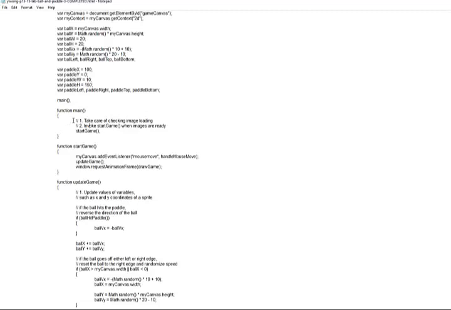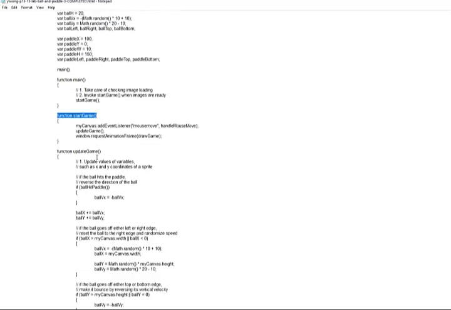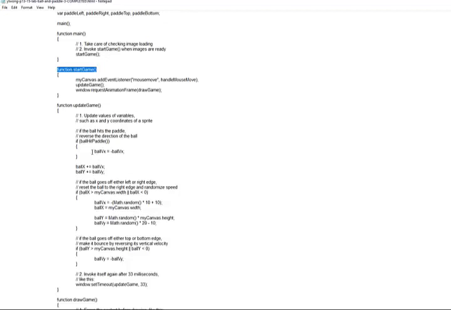So in this case, they're explaining what's going on with the function main, which is to start the game. So right here we have the actual code that's within that function. Then once that code has been defined, then you can use function start game. Okay, so let's move through and see if we can read any more information in here and see if you